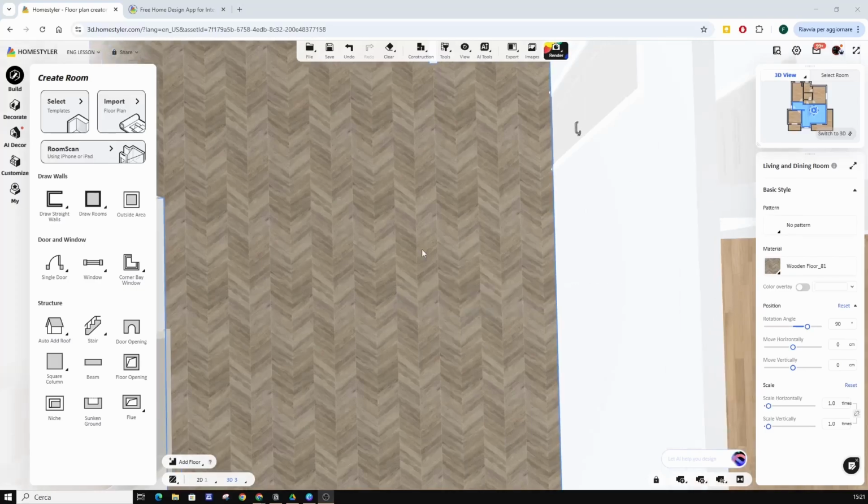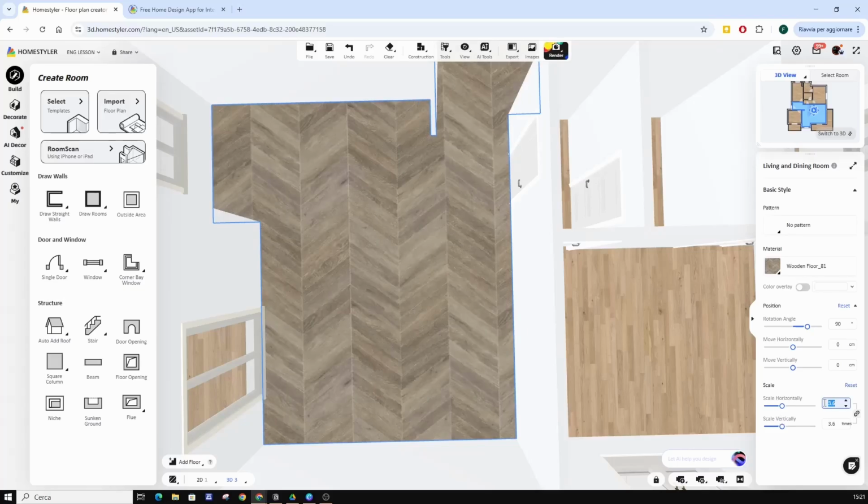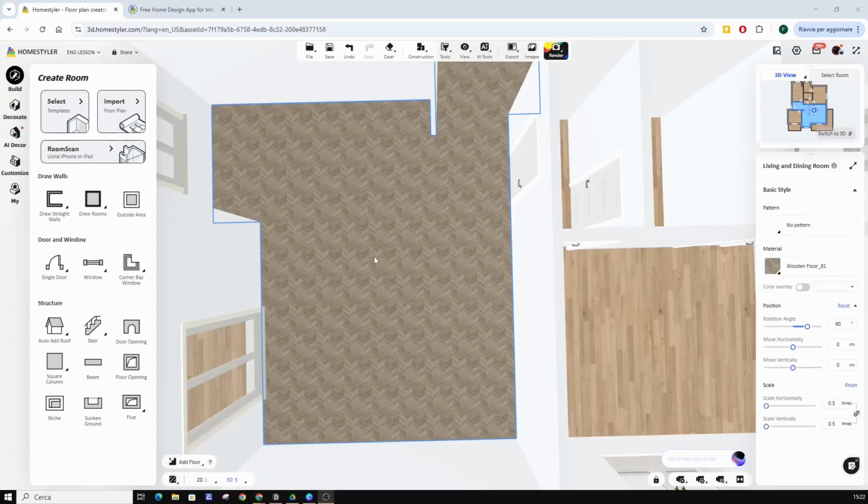We can change the size of the texture with the Scale option. We can scale either horizontally or vertically, or we can link the two dimensions so that the change is applied simultaneously. We can enter values. If we want a smaller texture, we must enter a decimal value. If we want to remove the texture just applied, we can do it with the Cancel key, and we return to the starting position.